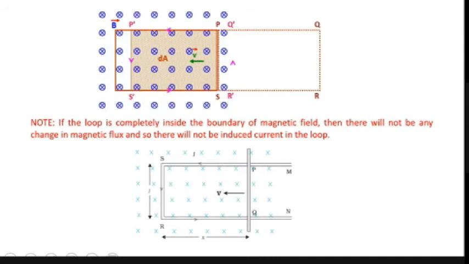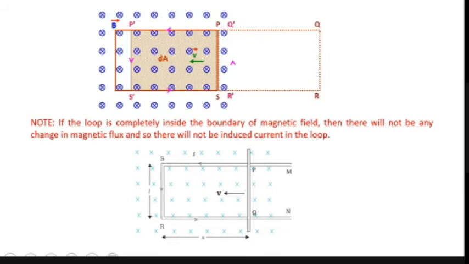So what happens if the side PQ moves inwards? Whether the magnetic field will change? Listen to the statement. Magnetic field. It remains same. It is a uniform magnetic field. Right, sir. Or what is changing here? Angle? Area? We are not rotating the coil, so angle also remains same. Or what is changing? Yes, area changes.